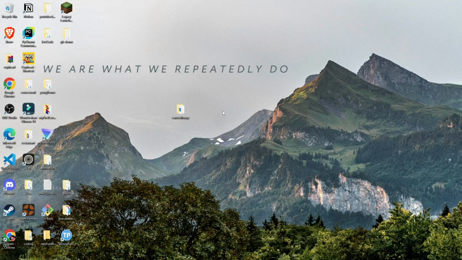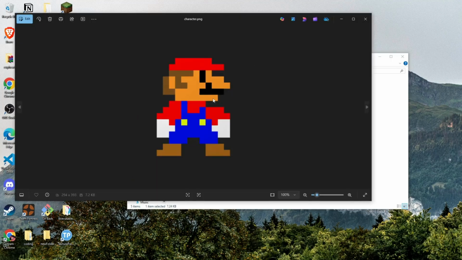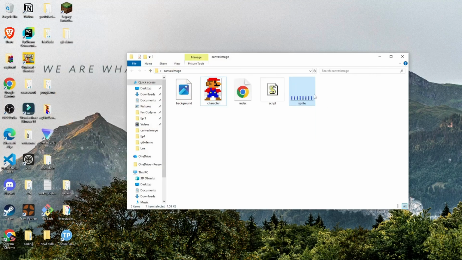So since we are going to be working with images in this episode and not just shapes or text on our canvas, I am not going to be using our online compiler. Instead, I'm going to be using VS Code and a folder right here where I have set up two files, which are index.html and script.js, and 3 images as well. One is the background that we are going to be setting up onto our canvas, and another is a PNG image of 8-bit Mario, which is going to be our character for this episode, and another is a sprite sheet,